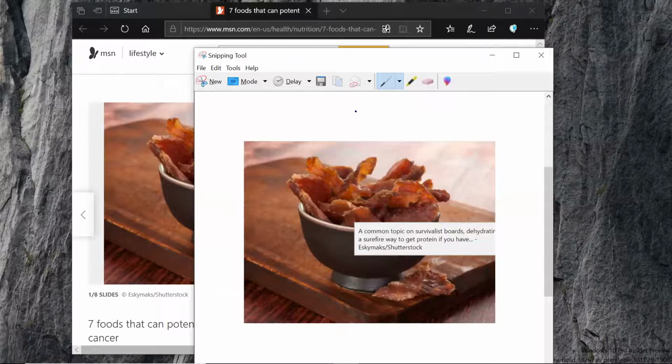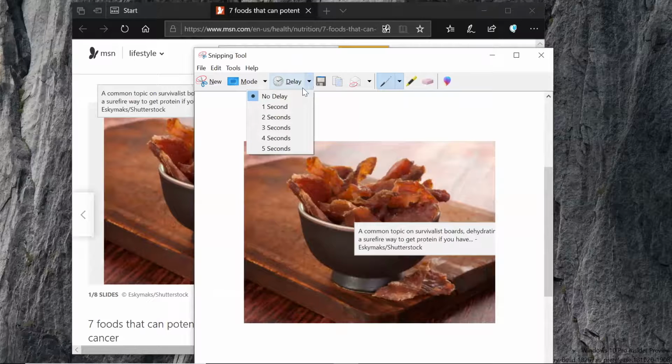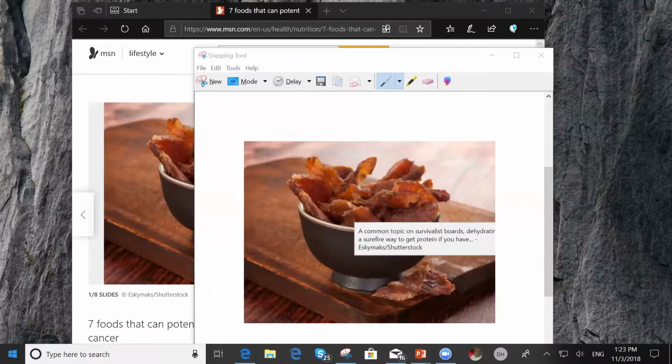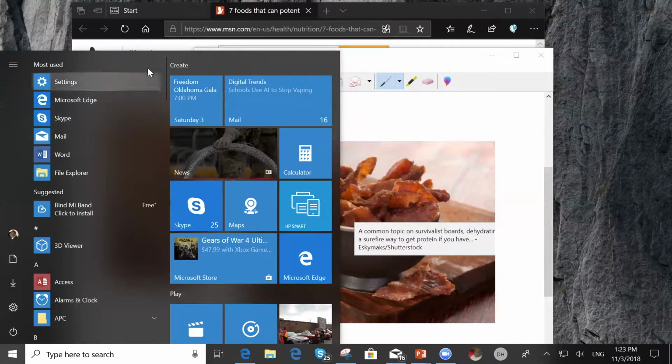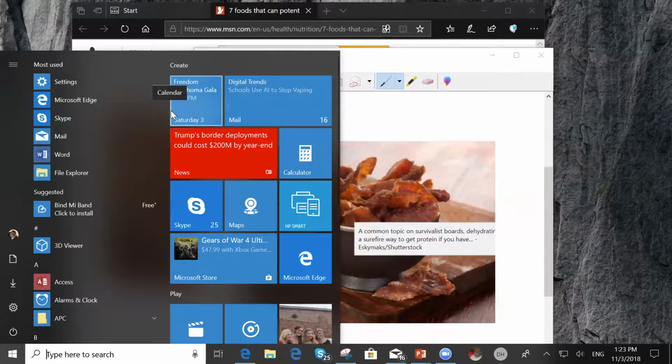There were a number of things you could do with this. You had the opportunity to do a free form snip, the rectangular, which we just did, or this right here would give us a window, which would just be the outline of the window that you had in view. It also had an ability to delay the snip for up to 5 seconds. So say, for instance, you were preparing a tutorial and you wanted to be able to clip on something, say, the settings,